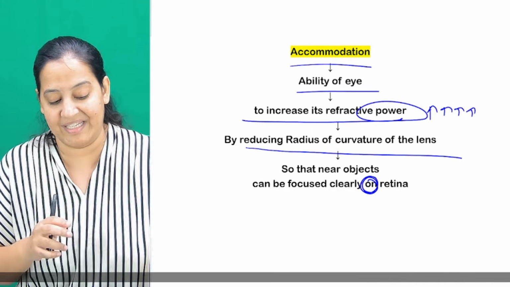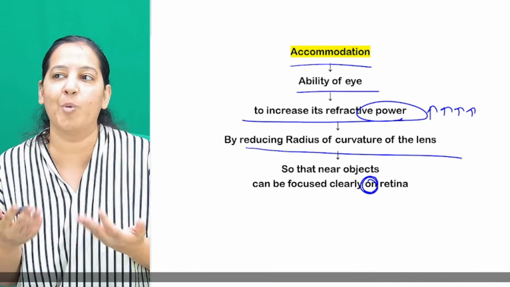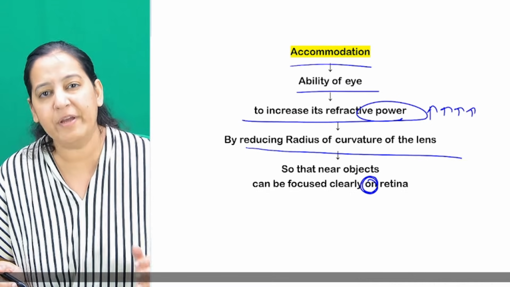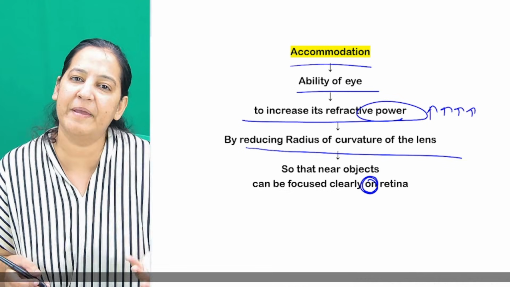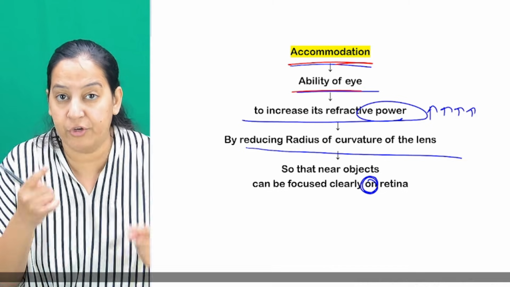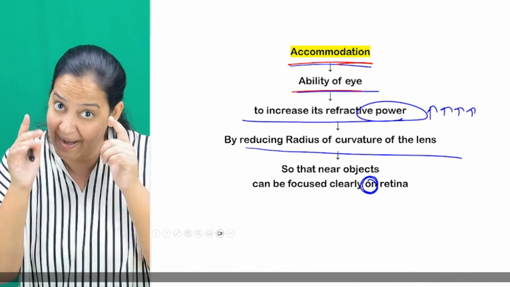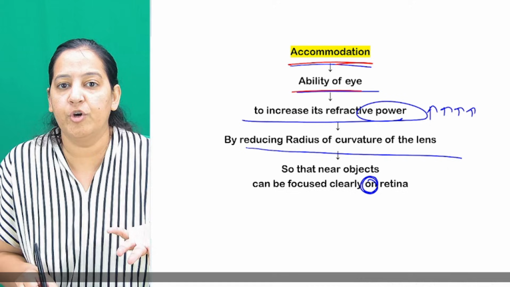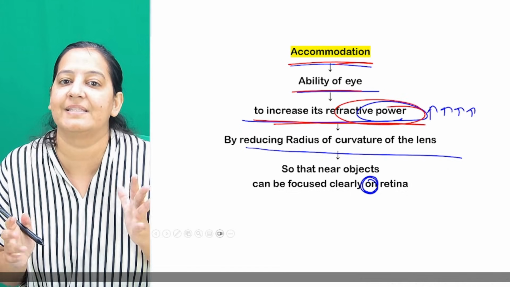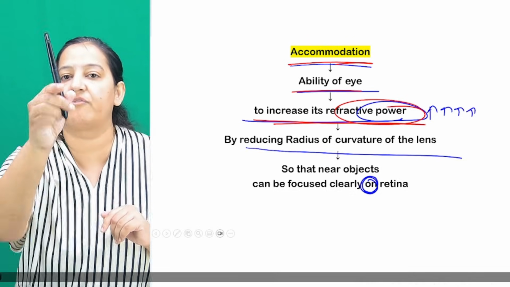I hope you are getting it. Most of the students don't understand accommodation. They directly move on to the disorders. In the books, disorders are directly given. So first you have to understand what accommodation is. Then you will be able to understand that the disorders are very small. Accommodation is the ability of the human eye to increase the power of the lens. We can increase the power of our lens when we shift the vision from far to near.